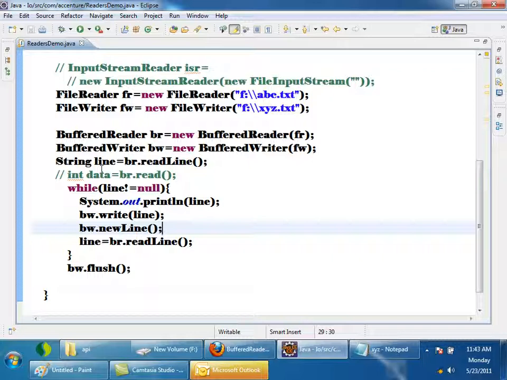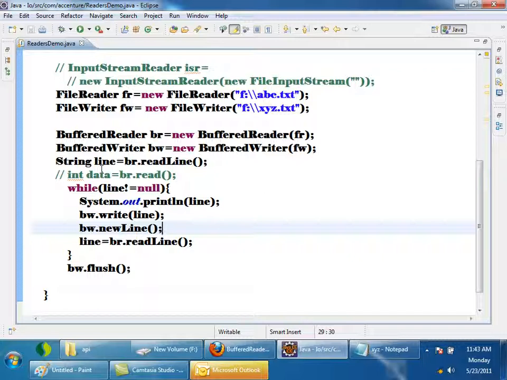When talking about output streams, we have discussed PrintStream. Why use PrintStream instead of BufferedOutputStream? If you want to write primitive data types, there are convenient methods in PrintStream. Also, if you want to write formatted output, like printf in C, you can use PrintStream, right? Similarly, in character streams we have something called PrintWriter. PrintWriter can be used if you want to write formatted output or primitive data types.